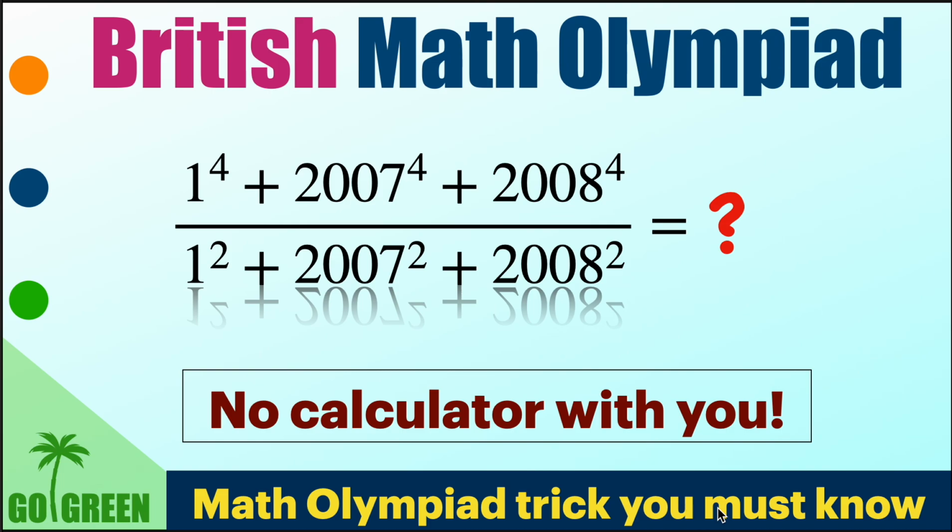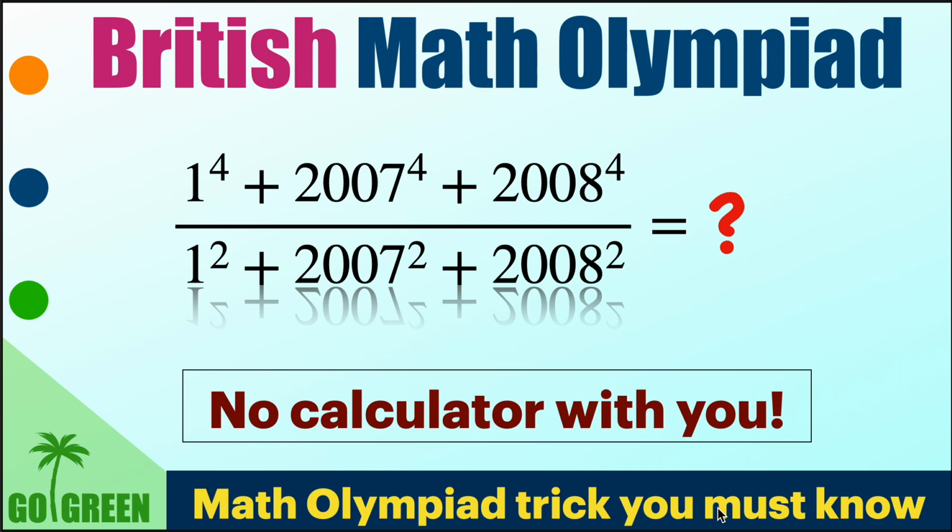Hello everyone. In today's video, we are going to solve a British Math Olympiad problem. The problem is very clear and very basic. It is given as a fraction of two really big numbers, and we have to solve this without using a calculator. Suppose you don't have a calculator with you, but you have to find out this fraction or this